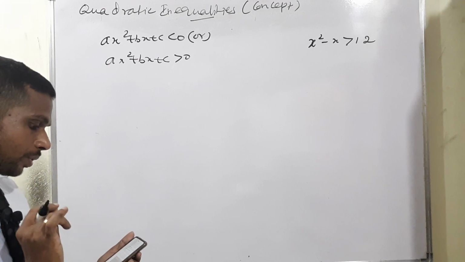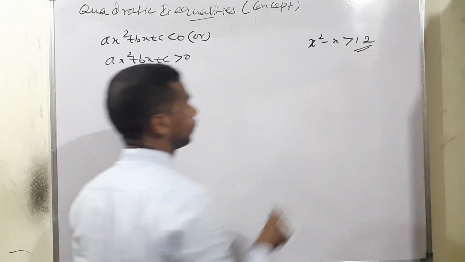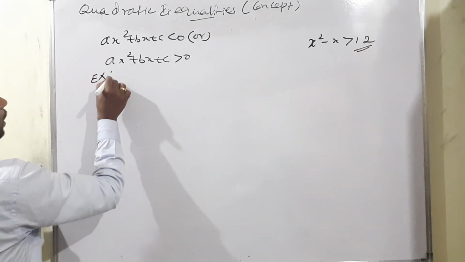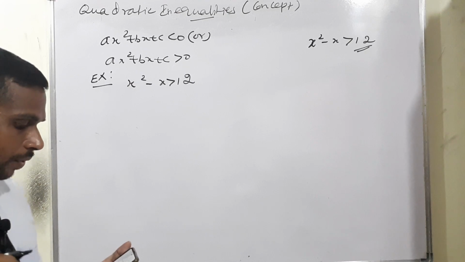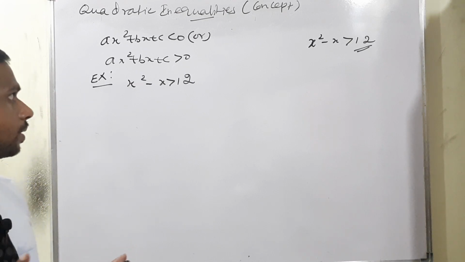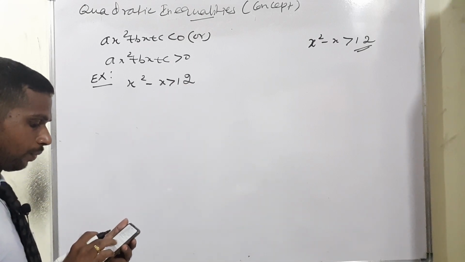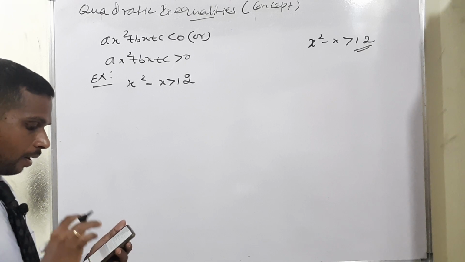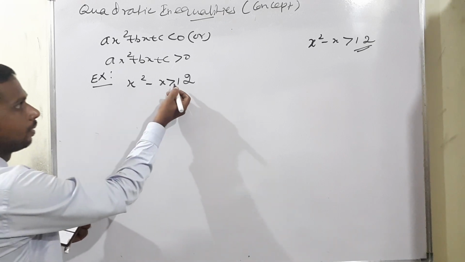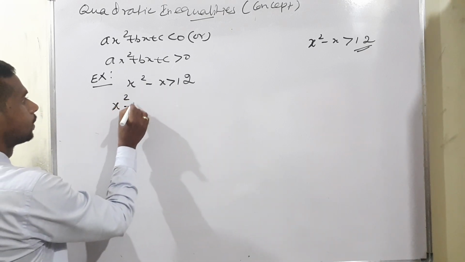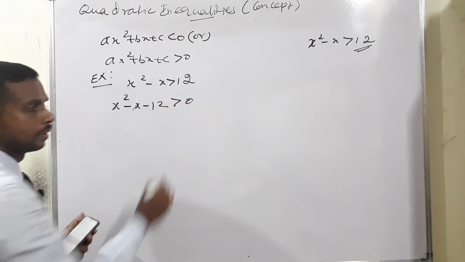So how to solve quadratic inequalities? Okay, I have considered one simple example. I have taken one term, x square minus x greater than 12. So first condition, first solve ax square plus bx plus c is equal to 0. But here inequality symbol is there. So if there are no real solutions, one of the above inequalities holds. So I will take plus 12, bring out opposite sign means x square minus x minus 12. Now we can say greater than 0.